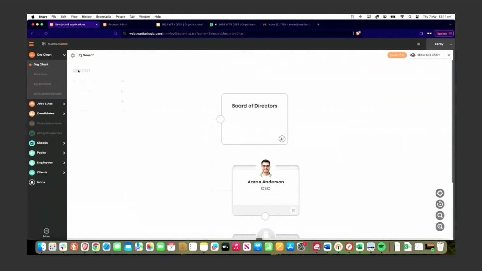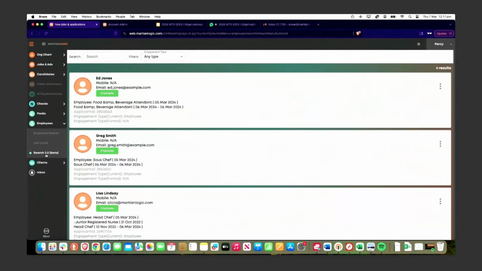So whether you do it from here or come here and use the dashboard, I know you can't see the dashboards here for this user, but there's a dashboard menu and the search. So let me say it this way: there'll be a dashboard page, the employee search page, and the org chart, all on the same page, and you will be able to get the breakdown of how many positions in total, how many filled, how many vacant, the total FTE amongst the filled, total FTE amongst